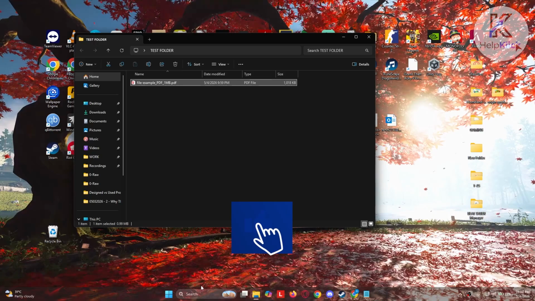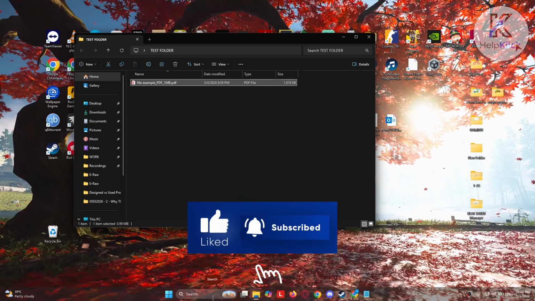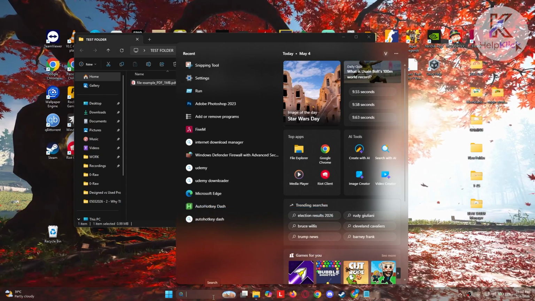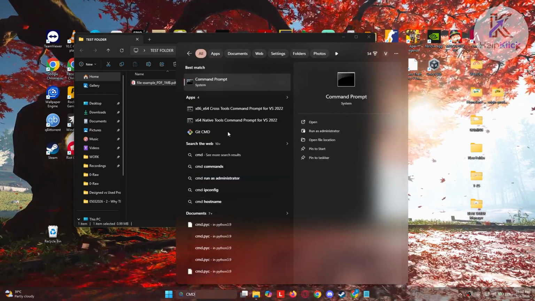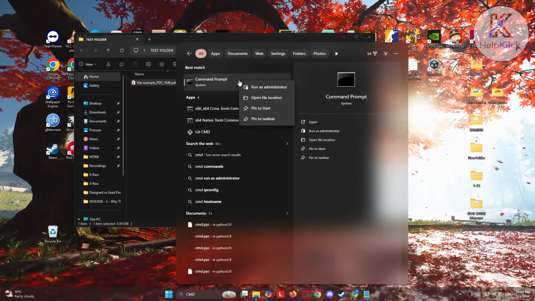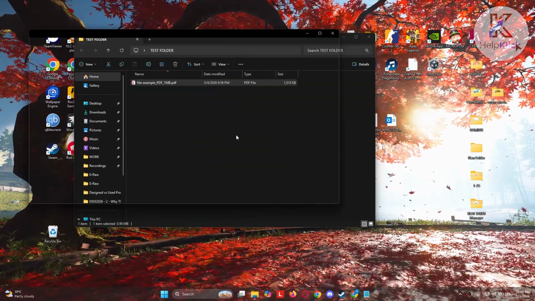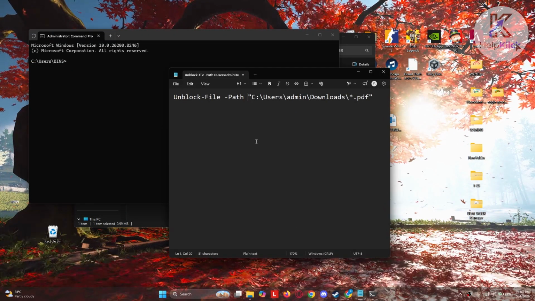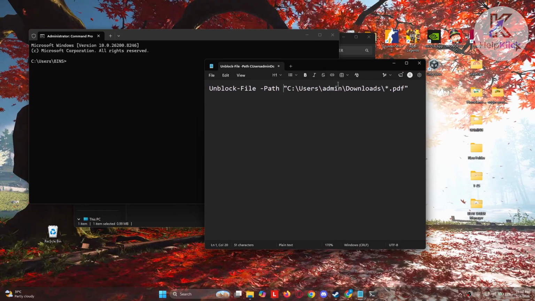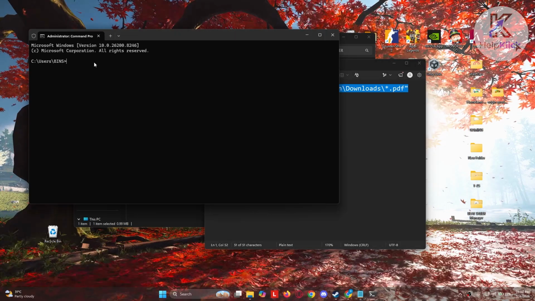Well, to make it a lot easier for you, what you need to do is you want to open up command prompt here. So let's just type into our search cmd and look for command prompt, right click on it, and you want to go and choose the option here that says run as administrator. Now, once you've done that, you want to go ahead and just copy the command that I am showing on my screen in here. I'll be including it in the description, but what you need to do is you want to go and just copy this one, paste it into command prompt, and one more thing, you could go and